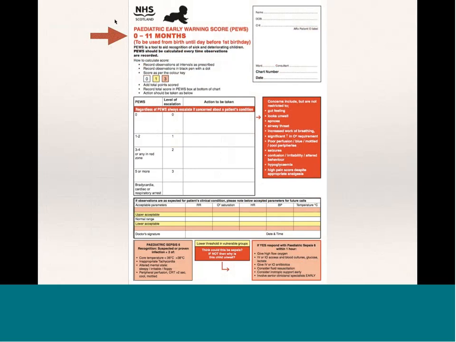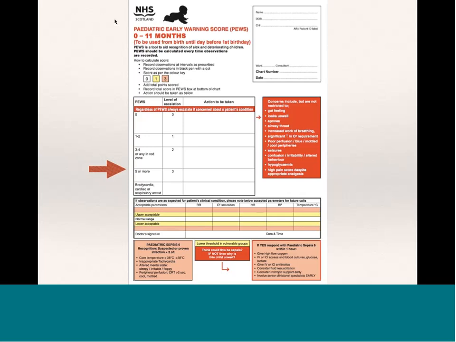So, yeah, start off with the correct chart for that patient. Make sure that you fill in the name and the date of birth and the CHI number. Remember about recording the observations 0, 1, and 3. Any of the scores that score 3 will be in the level of escalation 2 box, which should have some